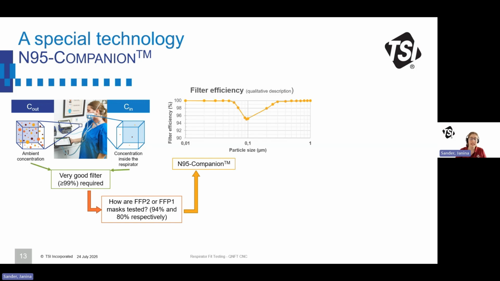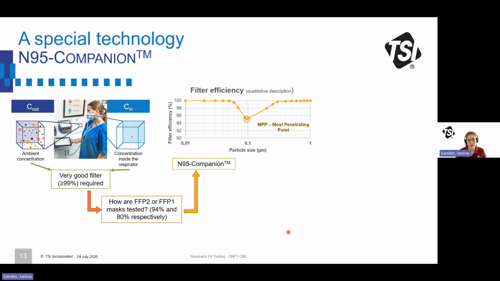Filter materials don't have the same efficiency for all particle sizes. They have a very good filter efficiency, near 100% for very, very small particles. Then they have a drop, and it goes up to near 100% for bigger particles again. So in this area where we have the lowest filter efficiency, we call it the MPP, the most penetrating point. This particle size is, for this filter, just an example, the size which penetrates